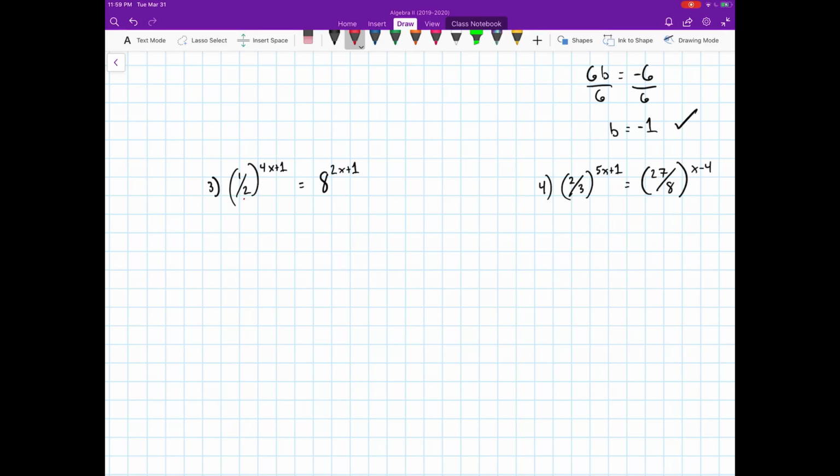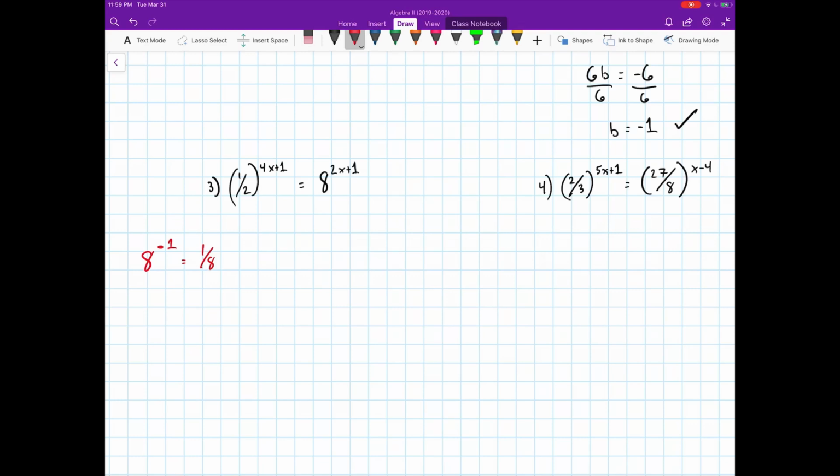What would 8 look like? What would I raise 8 to get to 1/2, right? And let's see if we like doing it that way. So to make 8 go to 1/2, well, I have to raise it to a negative first, right? Because 8 to the negative 1 would be 1/8, right? Then